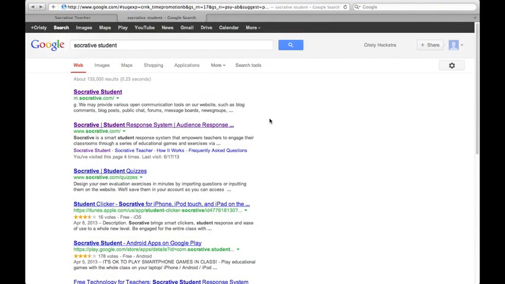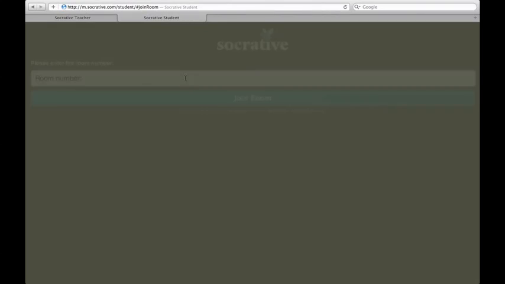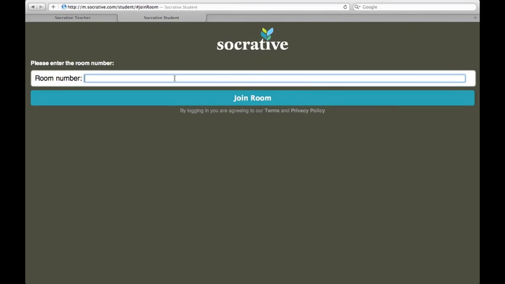Now that you have seen the teacher side of this tool, I'm going to show you what the student would do. I have found an app for this tool on the iPhone, the iPad, and even my Kindle that students could download to be able to respond to these questions. However, since I'm on the computer, you would simply Google Socrative Student and go to the first link. You will be prompted to type in the room number that is specific to your teacher